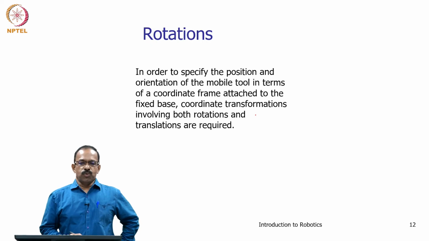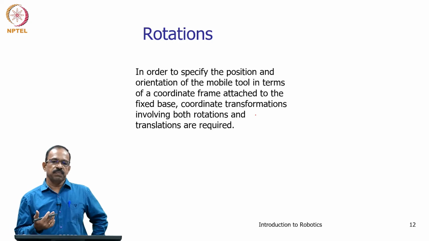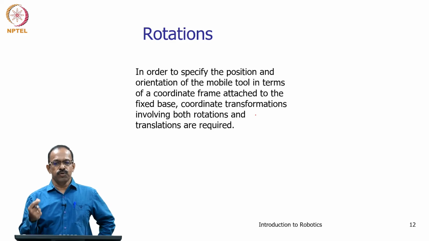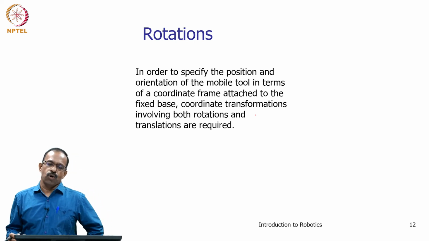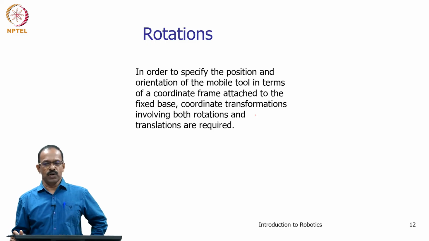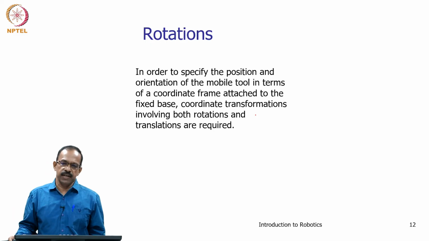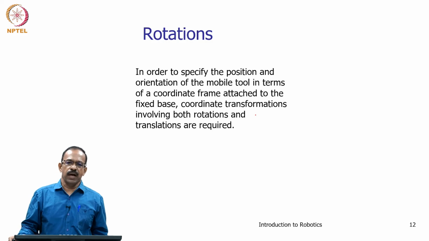Okay, so that talks about the basic principle of coordinate transformation. That is, you have two coordinate frames and you want to represent a point with respect to one coordinate frame from the other frame, or you know the coordinates of the point with respect to one coordinate frame and you want to know the coordinates with respect to the other frame. One we call fixed and one we call mobile. If the frames are moving relative to each other, then we will be able to get the coordinates by using the coordinate transformation matrix, and what we need to do is to take the dot product of the axes and get the matrix.